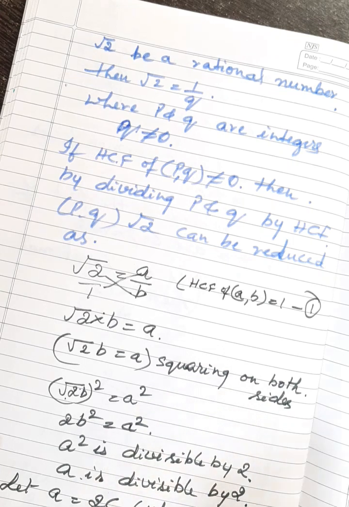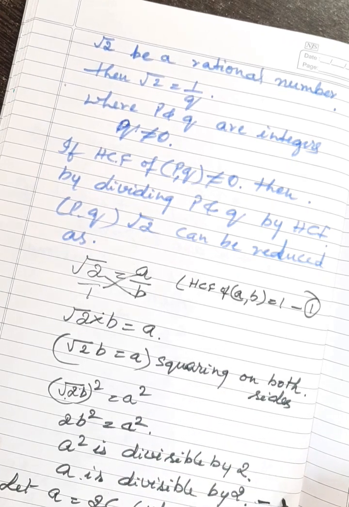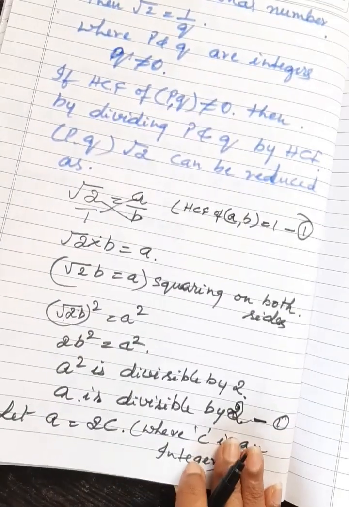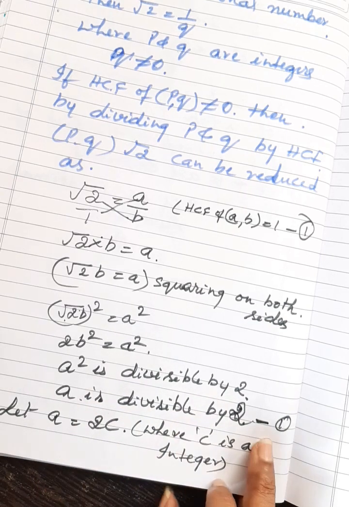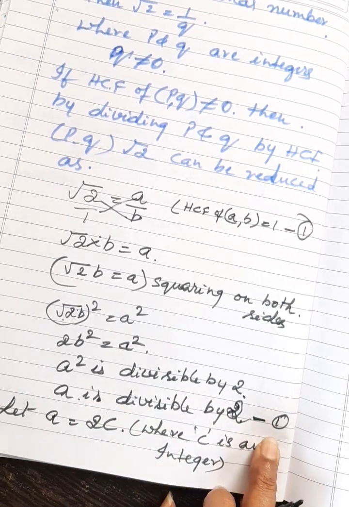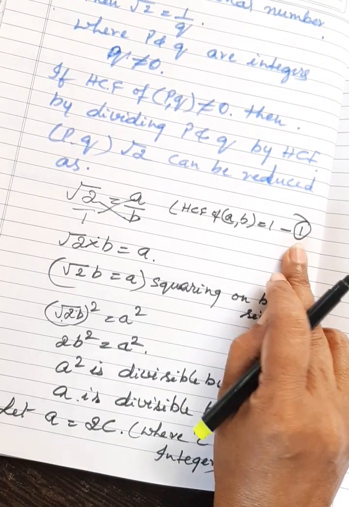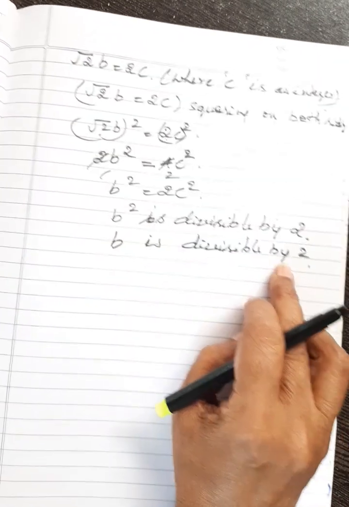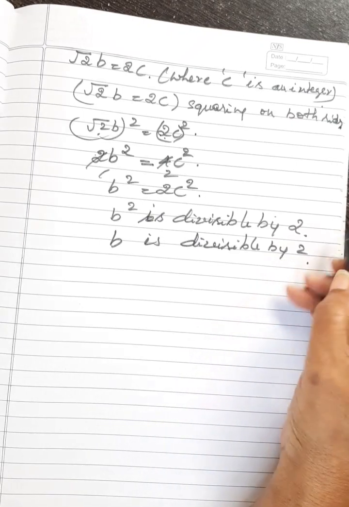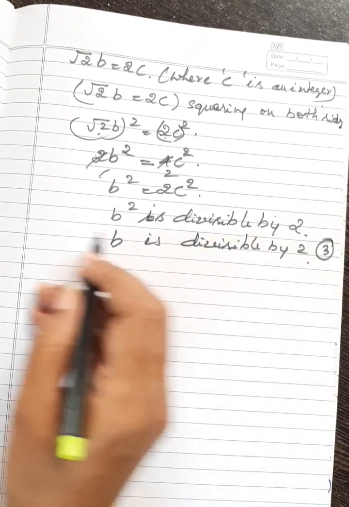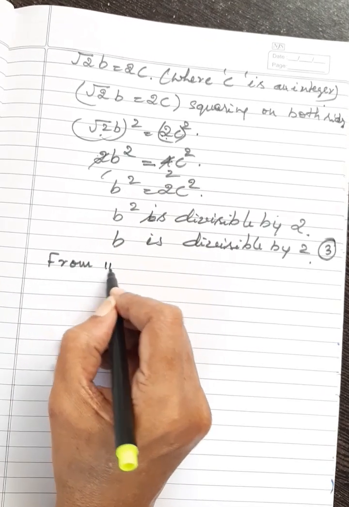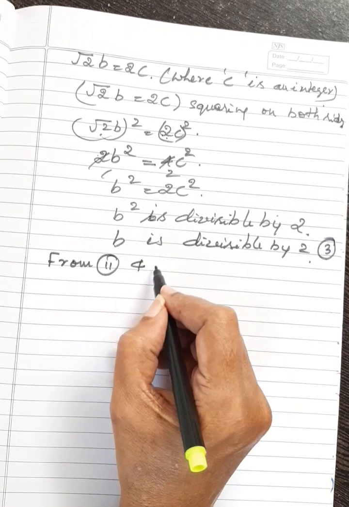Now here this is the first equation. Which one? A is divisible by 2. This is the second equation. Now what you should do? Now just now we got B is divisible by 2. This is the third equation. Okay. Now what you should take? From second equation and third equation,